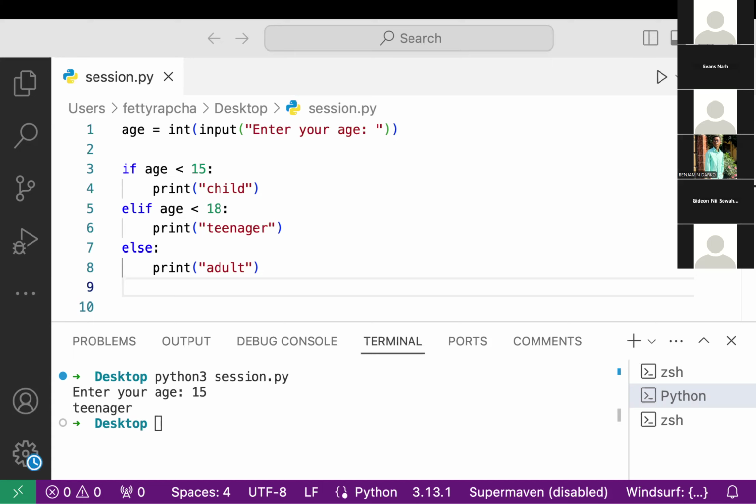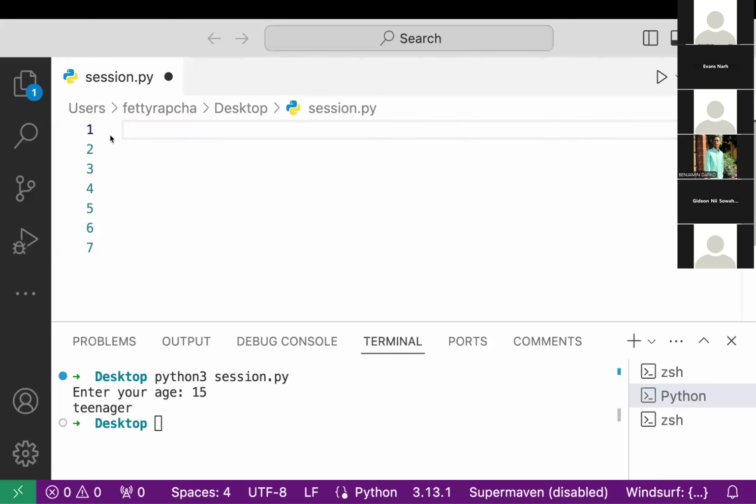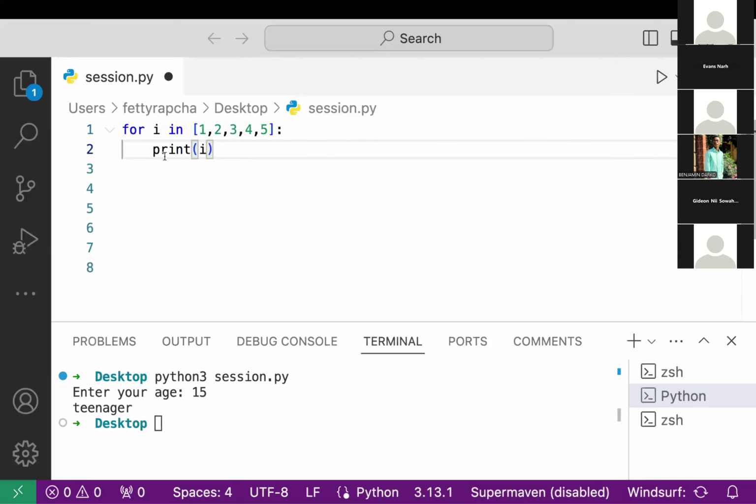Maybe you have a list of numbers, like from zero to something, or you are given a range, and you want to loop through them. So you write something like "for i in" the list. What this line of code is saying is that the i represents each element in the